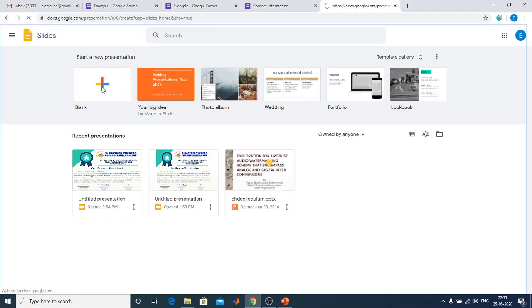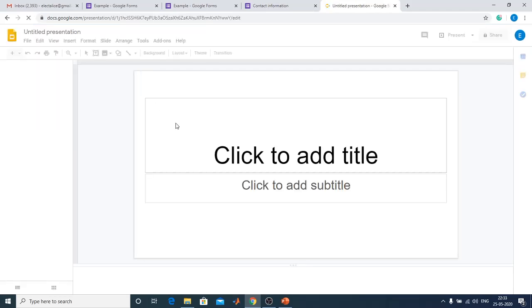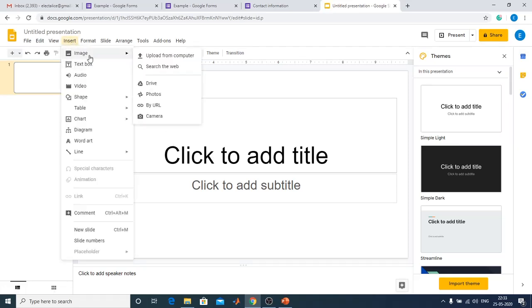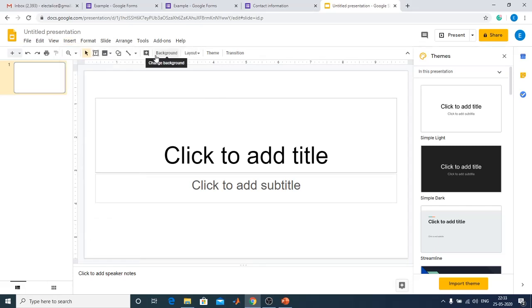If you add a new presentation, in this you insert the image of your certificate. Go to Insert, then Image, and upload from your computer.